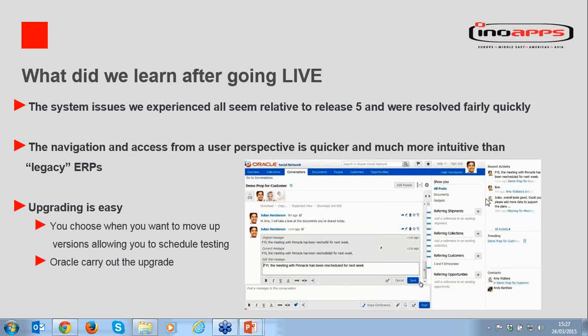Now they can actually call someone that did a purchase order and ask him what's the issue with the purchase order and things like this. So really this is a new way of working, and it really changes the whole habits of people when they use the system. So that's something also that we realized.